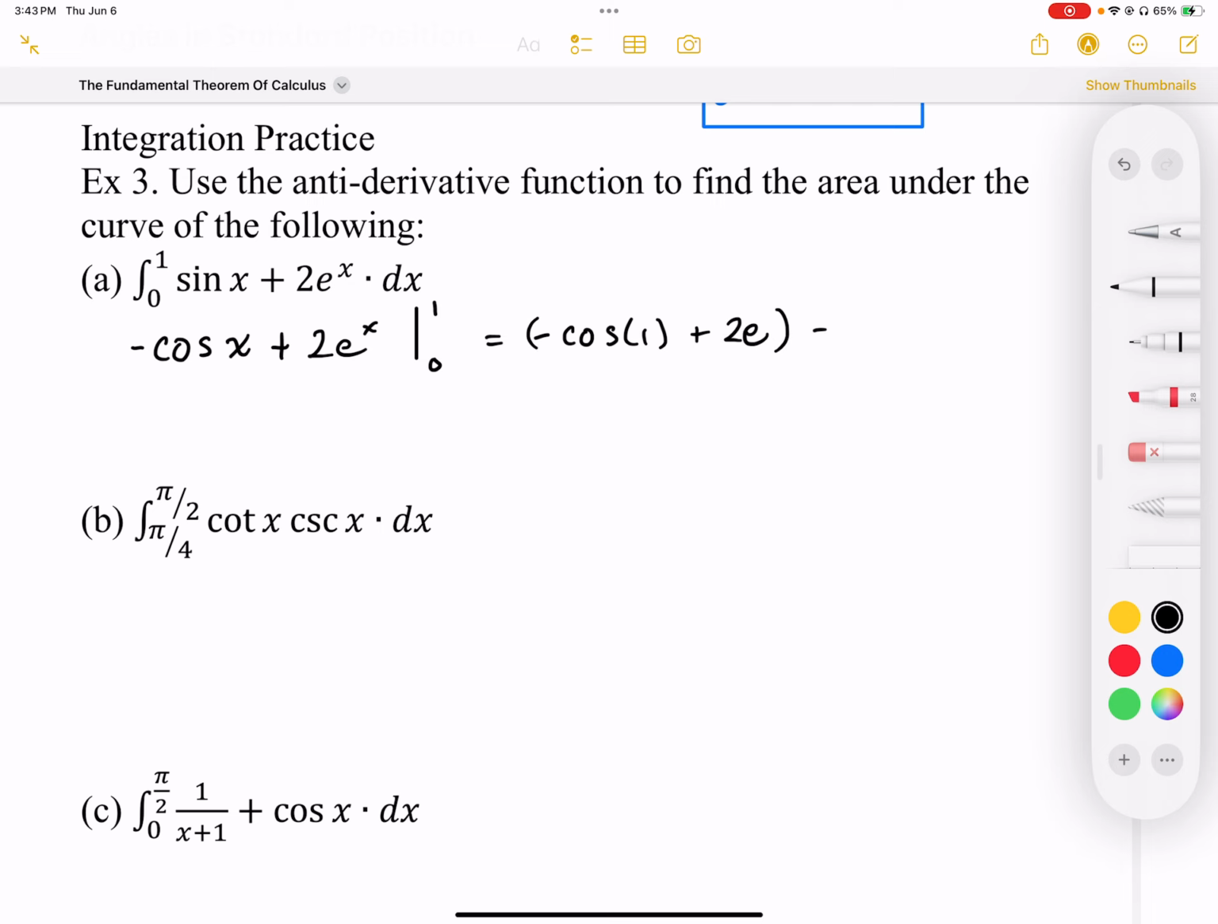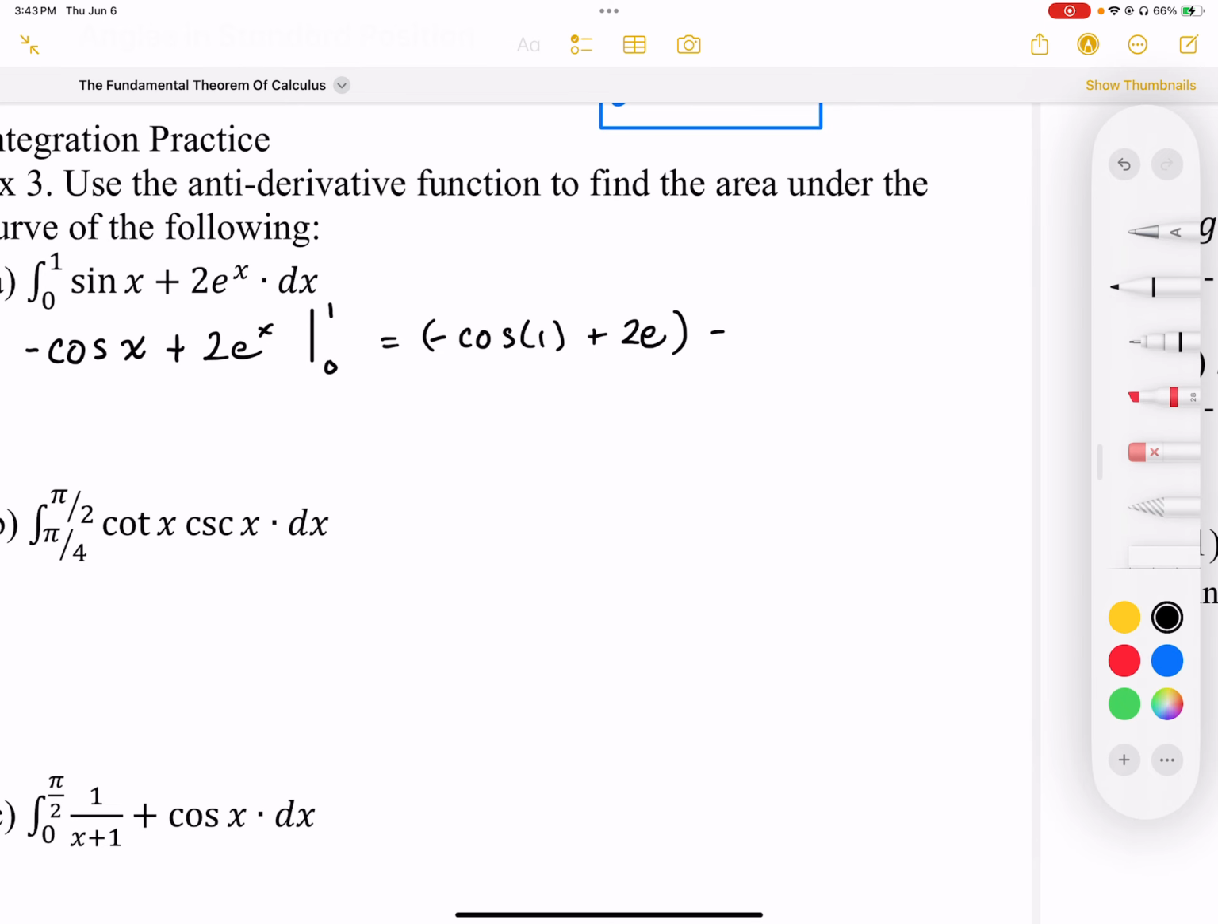And then we're going to plug in our 0 into this expression. So we're going to end up with negative cosine of 0. Cosine 0 is 1, plus 2 times e to the 0, which is also 1. So we can simplify that to negative cosine of 1 plus 2e